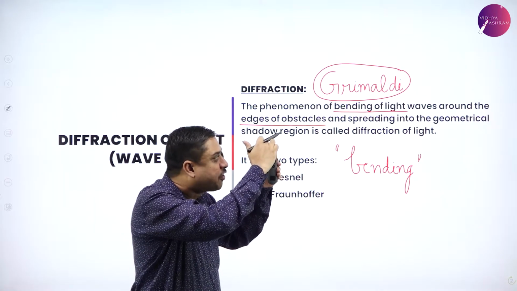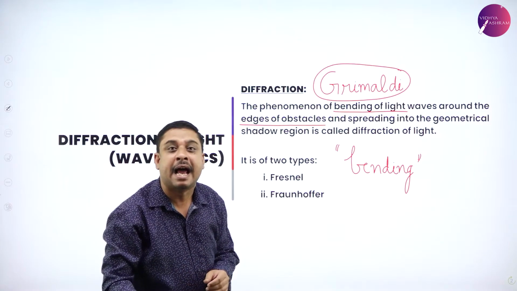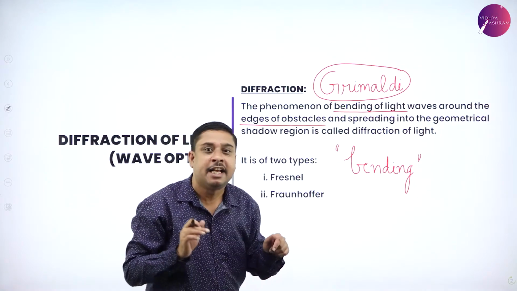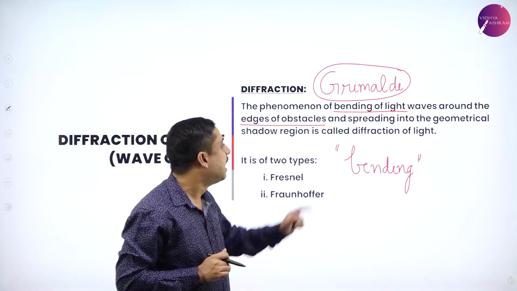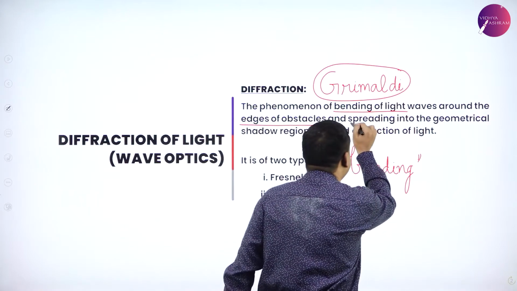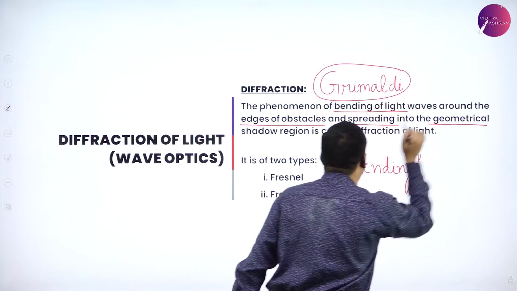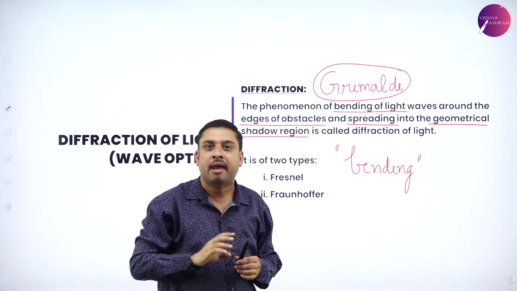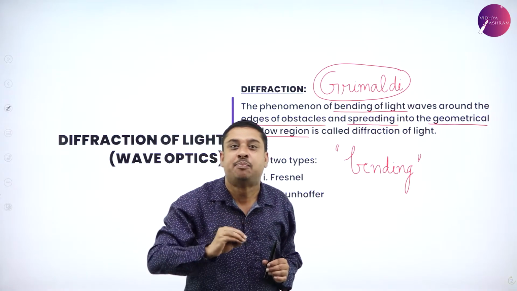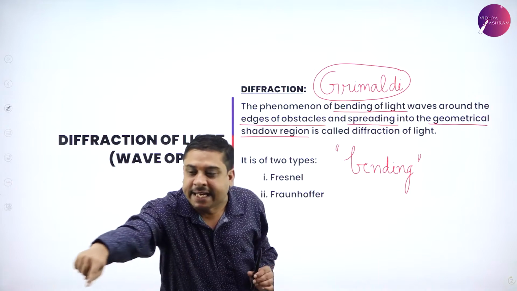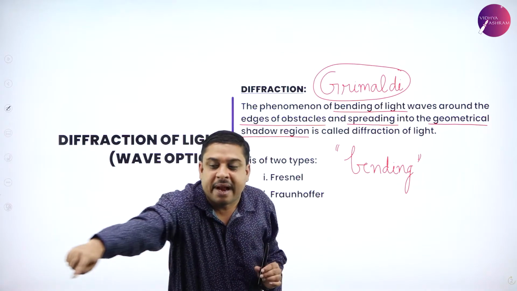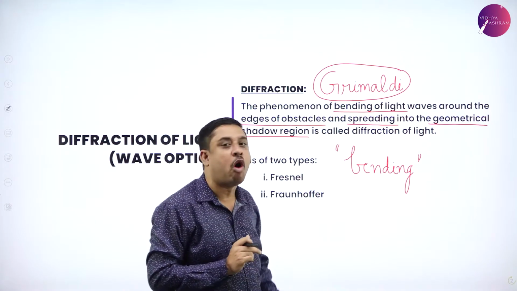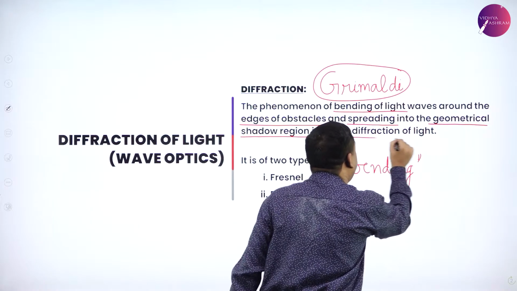At the edge of this obstacle, light bends. At the edge of that barrier, light bends and then spreads into the geometrical shadow region. After light is bent, it is spreading itself to the geometrical shadow region. And that is what we call diffraction